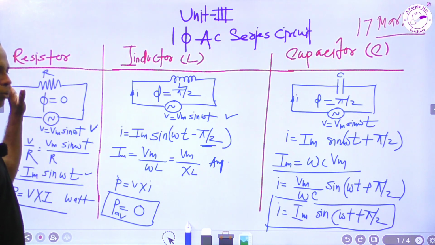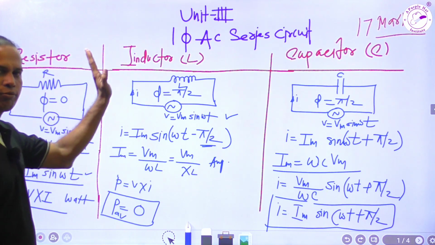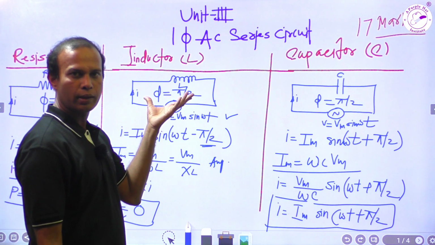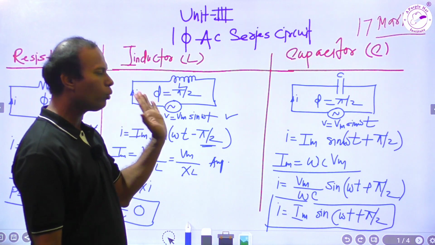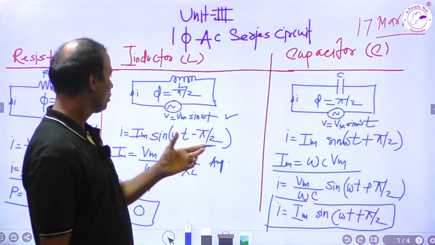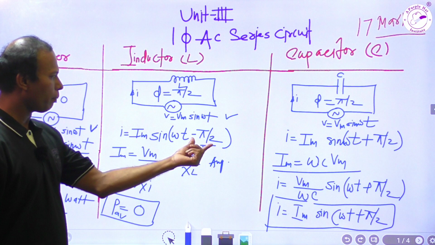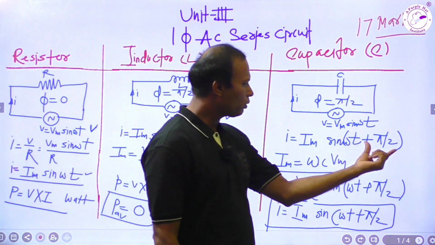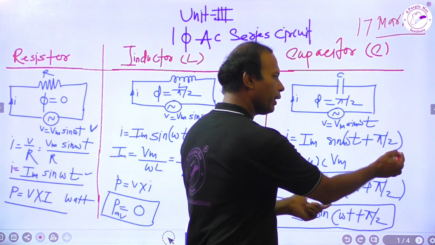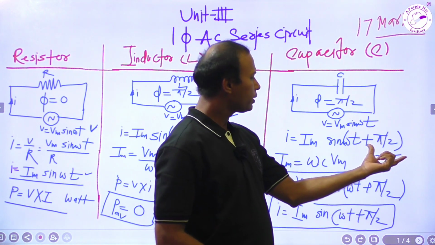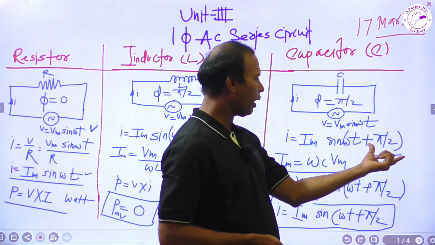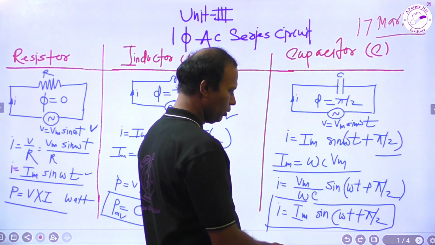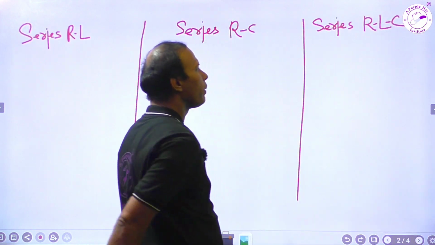When phi is equal to 0, assume that this is a resistive circuit. When phi has a fixed value of pi by 2, it may be either an inductive circuit or a capacitive circuit, but a pure circuit. Observe the angle: if the current angle is minus, current is lagging, the circuit is inductive and the power factor is lagging. If the phase angle is plus pi by 2, current leads the voltage by pi by 2, so the circuit is capacitive and the power factor will be leading. This needs to be remembered.